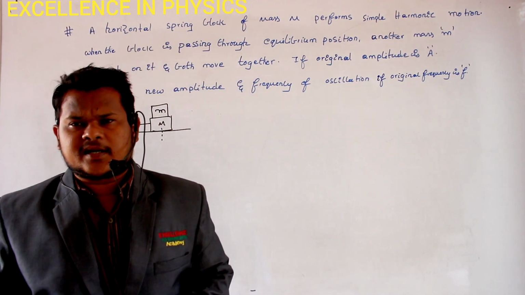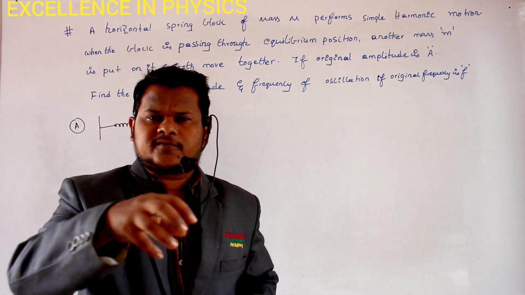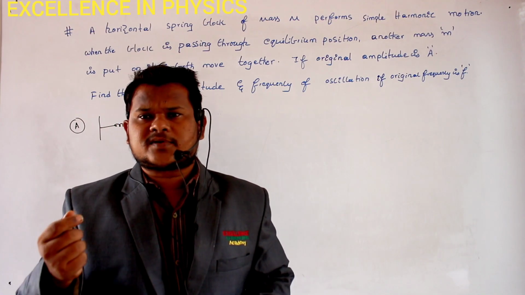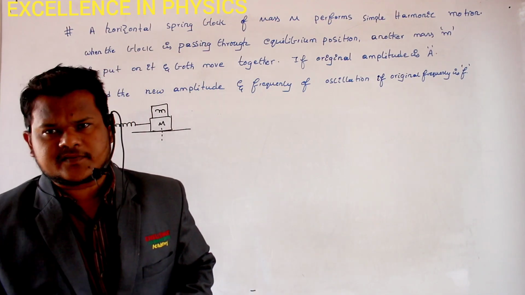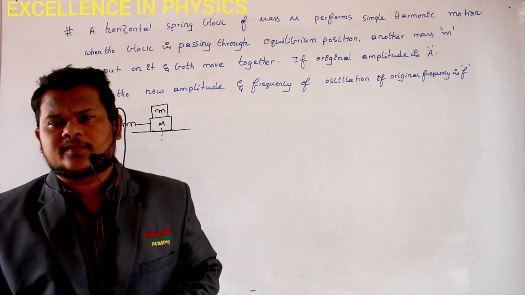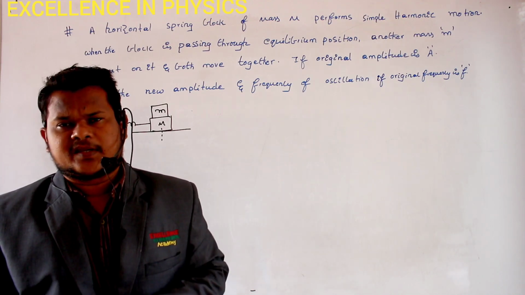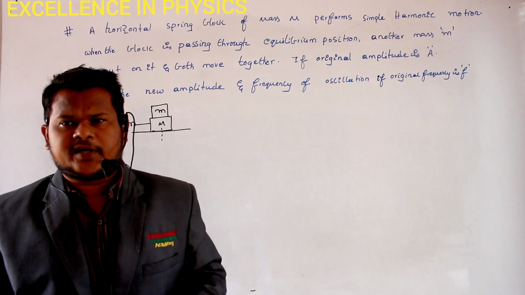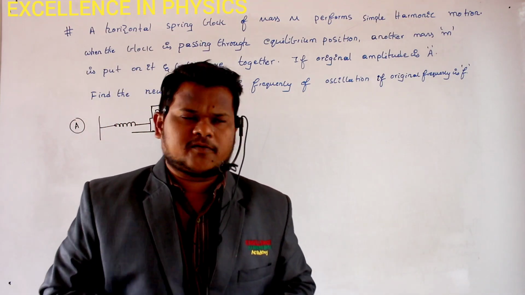Here, how are we placing this second mass? We are placing the second mass such that horizontal forces applied on the capital M are 0. If horizontal forces are absent, then what is the meaning of this? It means that momentum cannot be changed. In the direction of motion, if horizontal forces acting are 0, then momentum of a body will never change. This is what we have been studying.